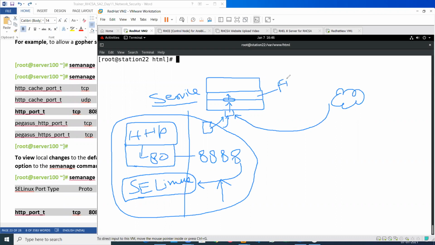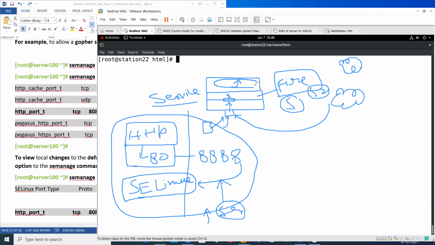Here we have a firewall also. This is a different security. This is security check 1, this is security check 2. We can also have other security also. We can also provide a hardware firewall here. If this particular service is allowed in the hardware firewall, we add this particular service in this also, and this also, then again this also.